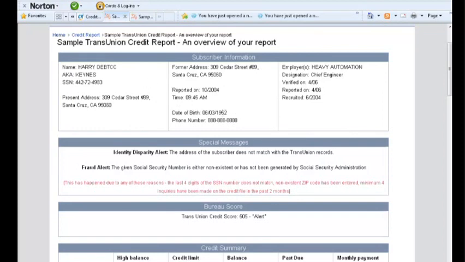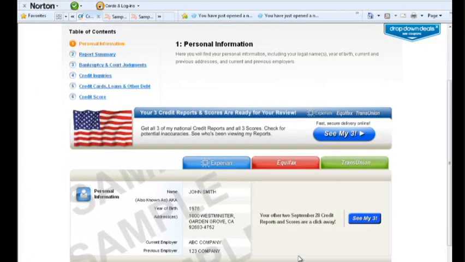Therefore, it's important on that first section to verify that all of this information is correct. If you see an address that's not yours, if you see a social security number that is wrong, any of these areas, you must immediately contact that credit agency, TransUnion, Equifax, or Experian, or all three of them in certain cases, and dispute that information immediately. You need to get this cleared up. Okay, so if you find any of this information incorrect, then what you need to do is write a letter